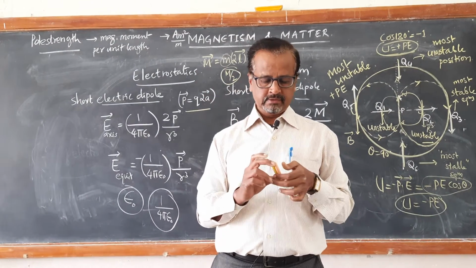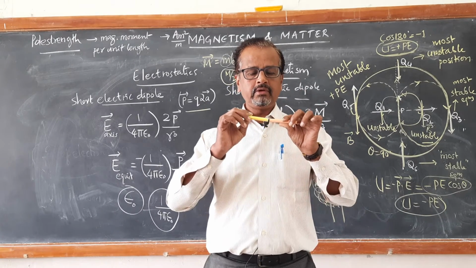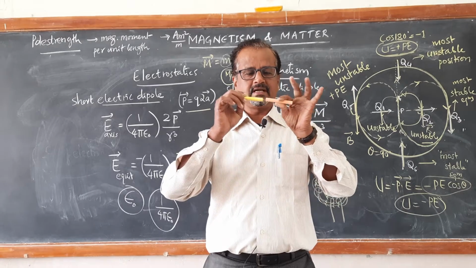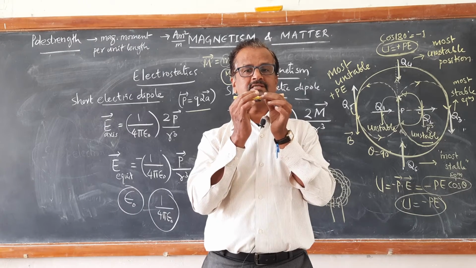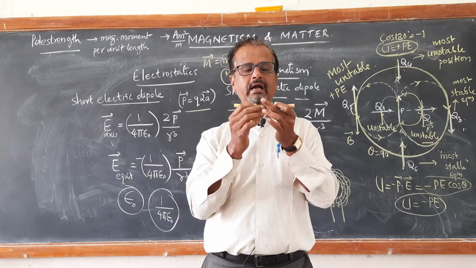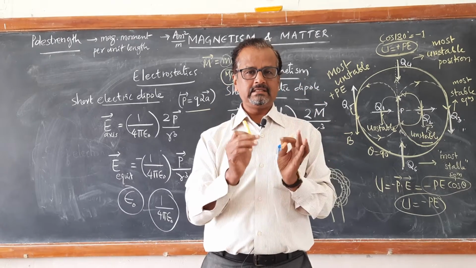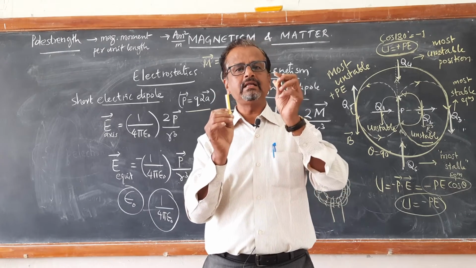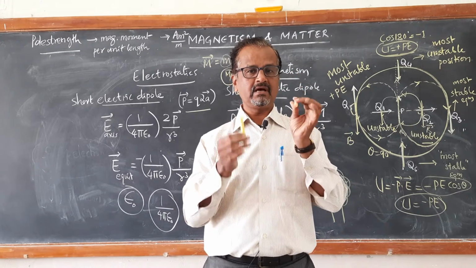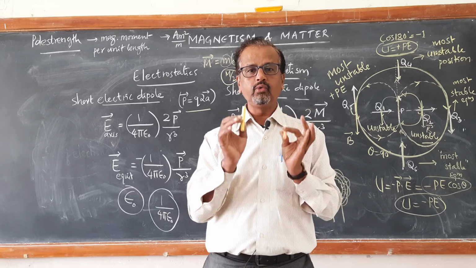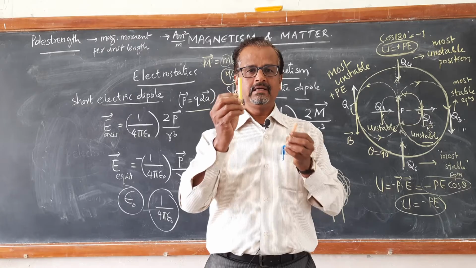This is an interesting question. If both are magnetized, it is very easy to test. You know, like poles repel each other. If these are like poles, they will repel each other. Unlike poles attract each other. So, if we do the test of repulsion and attraction, definitely we will come to know that both are magnetized. In case only one is magnetized and the other is not, if one is a magnet and the other is a similar looking iron piece of the same size, then how to identify which one is magnetized? Suppose this is A, this is B.